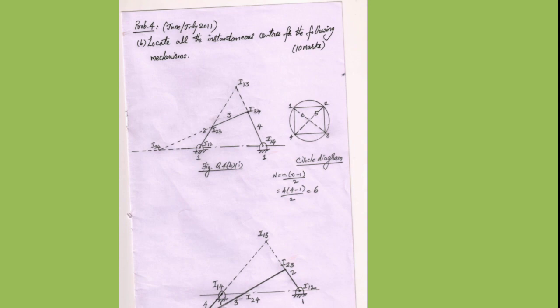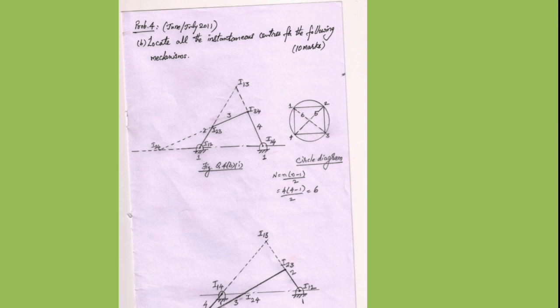Initially you have to draw this figure approximately, because dimensions are not given in the problem. You have to draw the figures to some proportionate scale so that it appears like the problem given in the question paper. See, 1 is a fixed link, link 2 is the crank, link 3 is the coupler, and link 4 is the output link. Similar to the question paper, we have drawn the figure, and after drawing it, we are extending it so that following Kennedy's theorem, we can get all the instantaneous centers.